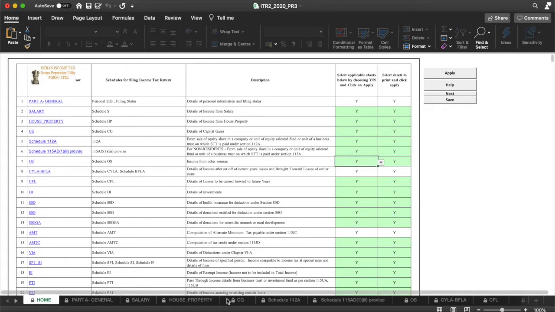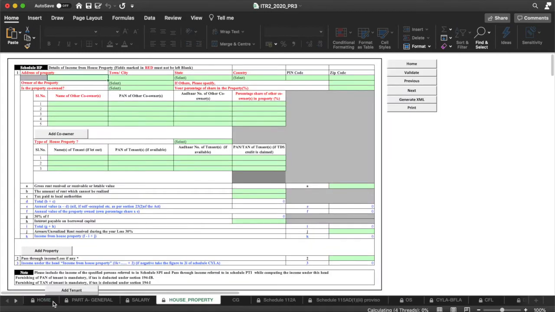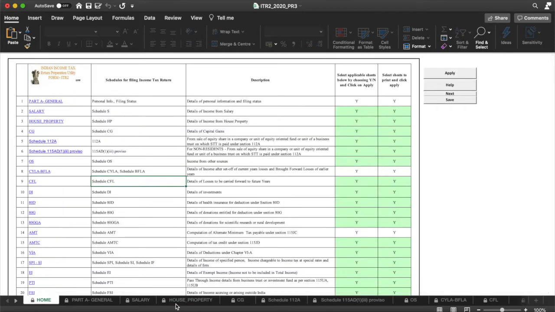The option given here is that you can enable or disable the required pages. For example, if I select this OS and click no, then that will disappear from the tabs. So you will only have the tabs which you require. Otherwise, if all the pages are there, you have to go through each to find the respective sheet.